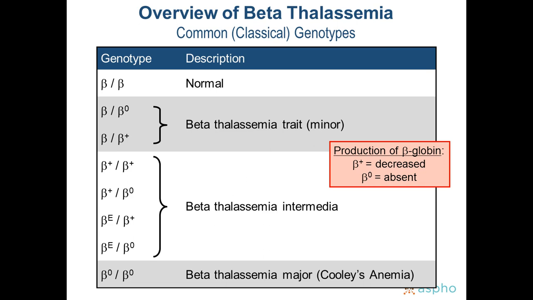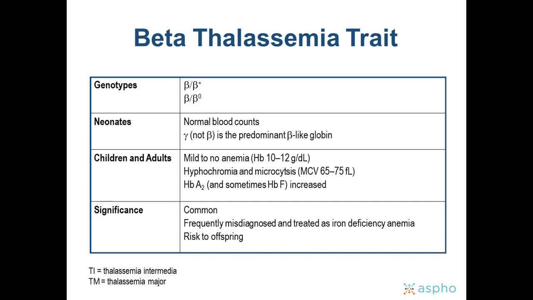And I'll go over, again, trait, intermedia, and major in the same level of description that I went through with the alpha thalassemias. So, beta thalassemia trait, in general, this is a heterozygous state. You can be heterozygous for a beta plus allele or a beta null category allele. Again, neonates, they subsist on gamma globin chains, so neonates will have normal blood counts. They don't have Barts, they don't have microcytosis, they don't have anemia. They have normal blood counts. As they get older, though, they develop the typical thalassemia trait phenotype, mild